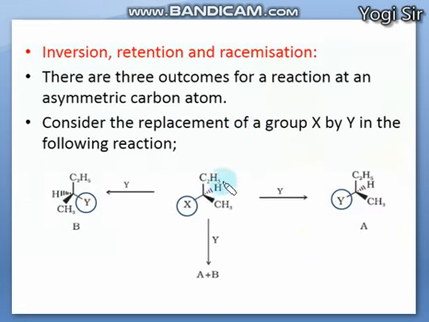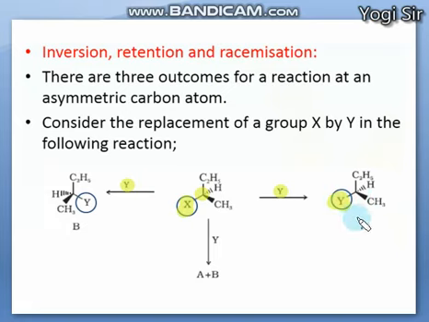You can see there is one compound, one alkyl halide, and there is one halogen atom X present here, and we are trying to add a Y atom which substitutes this X atom. This Y will try to substitute this X functional group, meaning X is displaced by Y. So here you can see on the right hand side in this reaction, where the X is present, at the same position this Y is also present, meaning Y is bonding on this central carbon in the same direction where the X is present. So this is mentioned as retention.